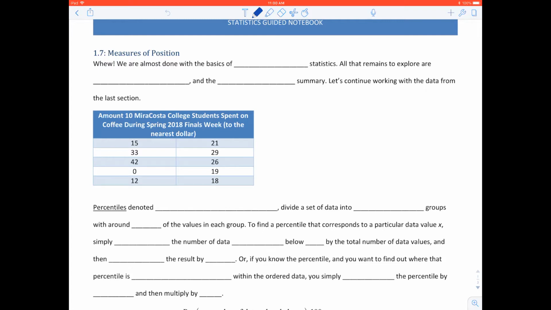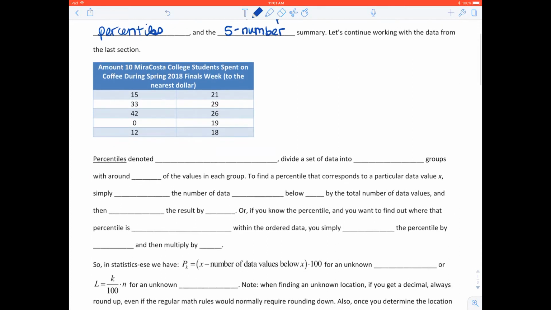statistics. We'll be revisiting a lot of this stuff later, but I feel like we've got a pretty good foundation going. So here we go. We are almost done with the basics of descriptive statistics. All that remains to explore are percentiles, and the 5-number summary. So let's look at our coffee data set that we've been looking at for the last